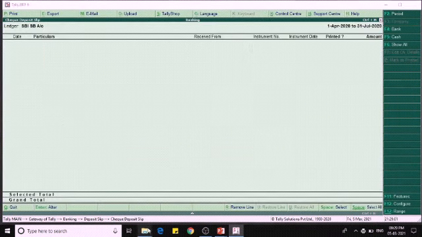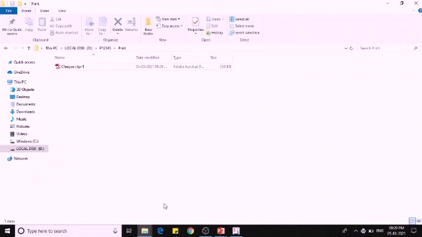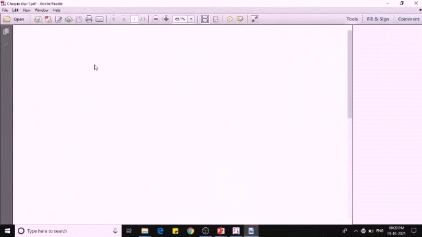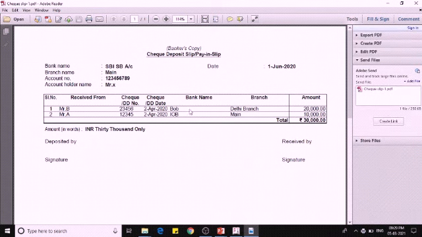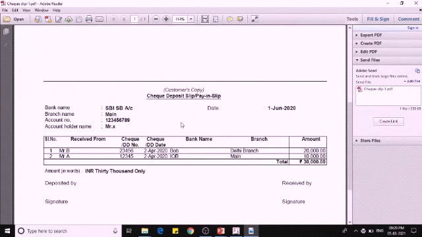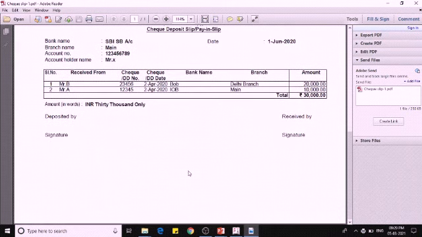So the printing is generated. Now if we open this PDF, we can see the check deposit slip or pay-in slip. This will be issued to the banker and this is the customer copy for us. We can document it also.